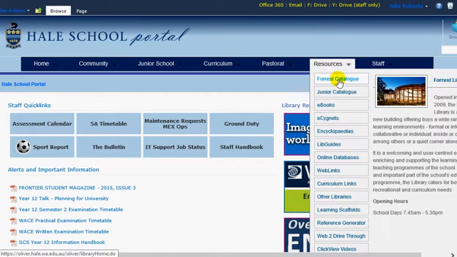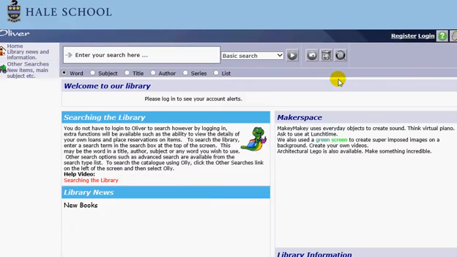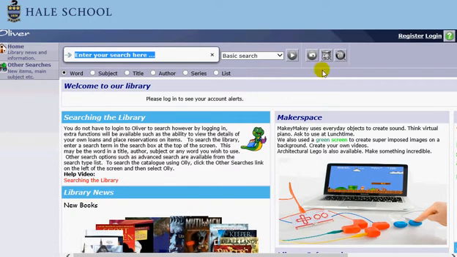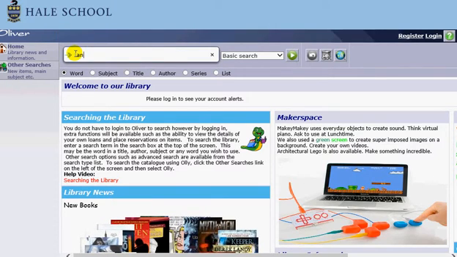So you go to Resources and Forest Catalogue. The best advice is to search with what you know. Do you know a title? Do you know the author's surname, series, or do you know a topic? So if I'm looking for Landy,